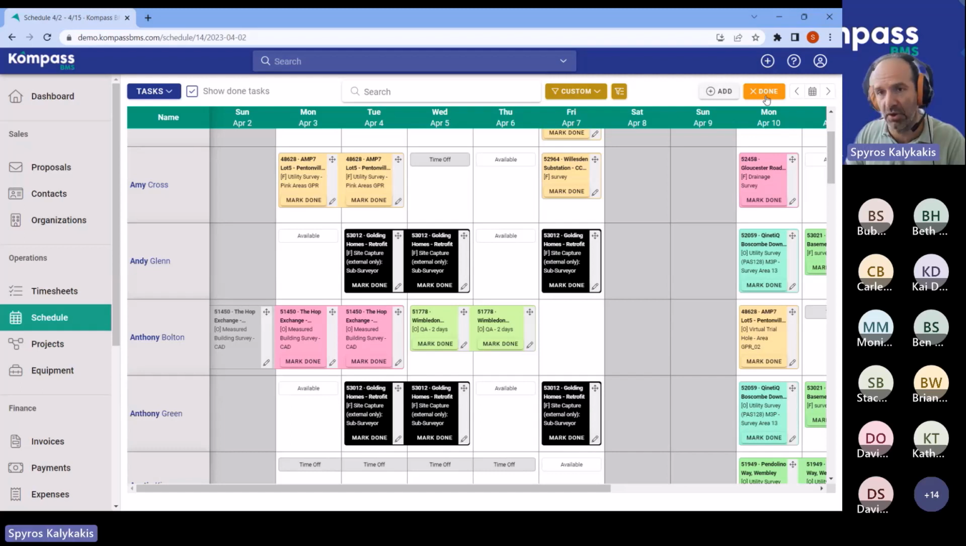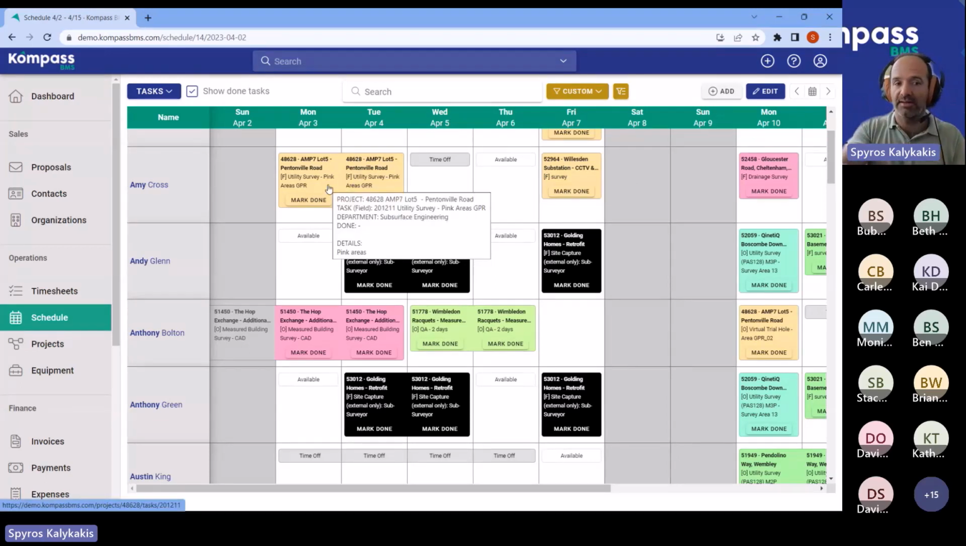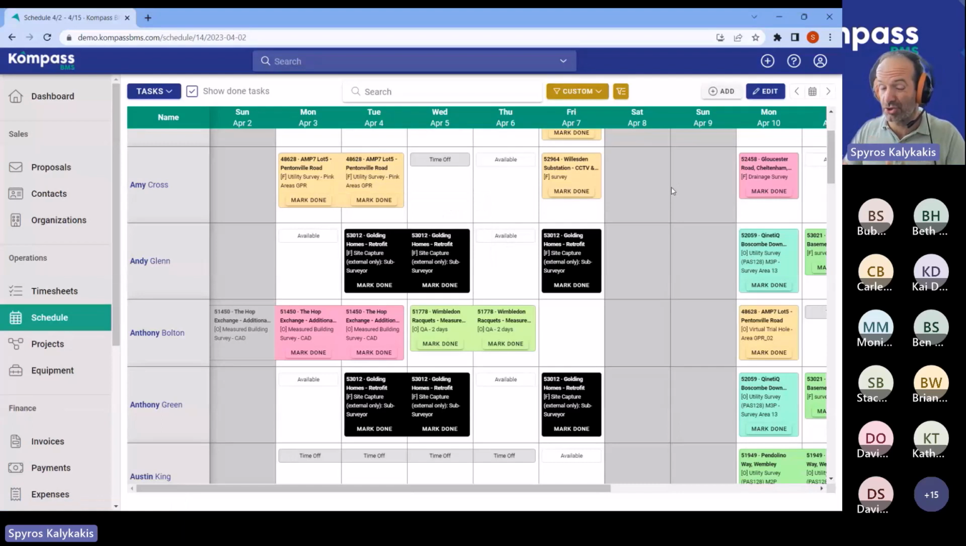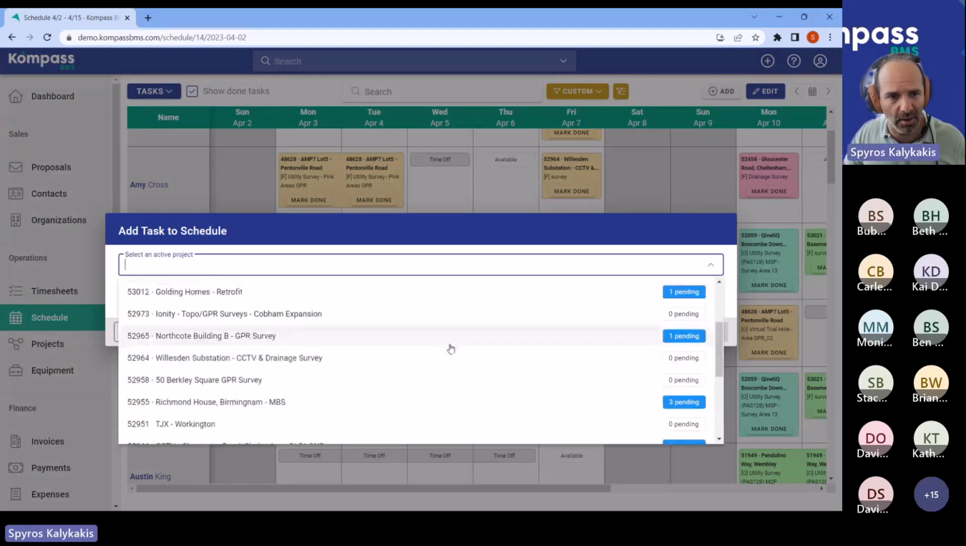Create new tasks. Yes. So the other thing that I would like to show you is that we've seen before that we have created this task in the project. We've assigned Amy Cross. We were not aware that she is not available. We can do some planning from schedule straight away. Therefore, we will have this visibility straight away. We will be able to see which are the gaps. I can see, for example, that on Thursday, April the 6th, now I have a gap with Andy and Anthony. I can create a new task. I will just click Add, go here. I can select an